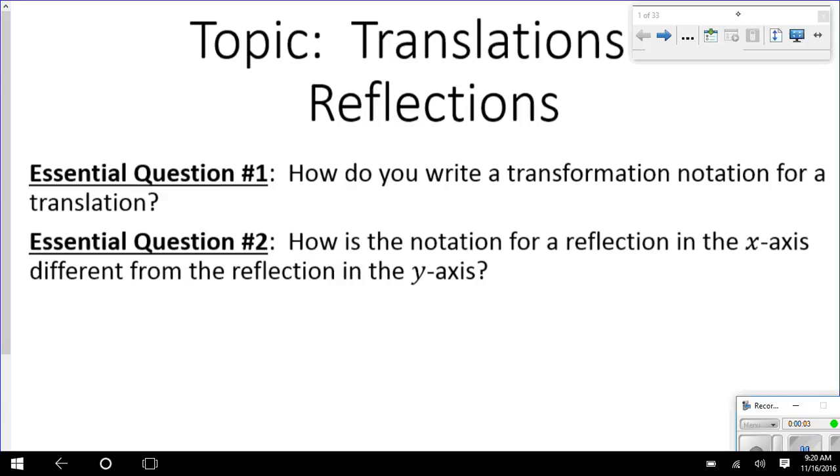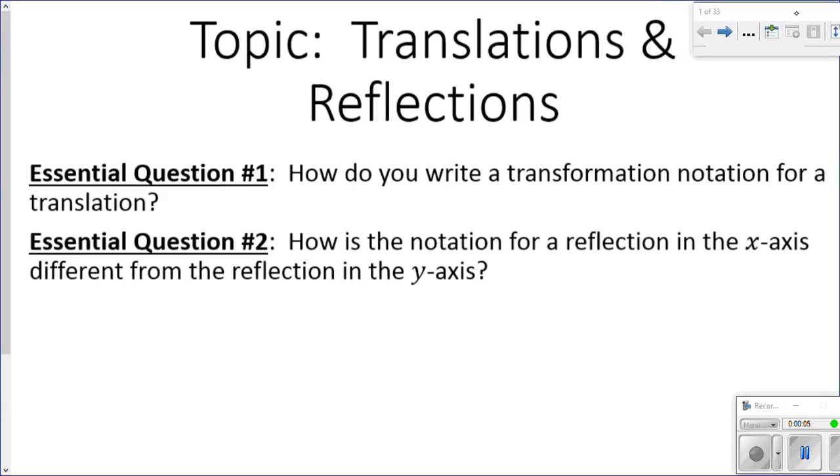All right, so today we are going to work on stuff from chapter 9. We've got translations and reflections. And so we have two essential questions. Essential question number 1, how do you write a transformation notation for a translation? Essential question number 2, how is the notation for a reflection in the x-axis different from the reflection in the y-axis? So go ahead and pause so you can copy that down